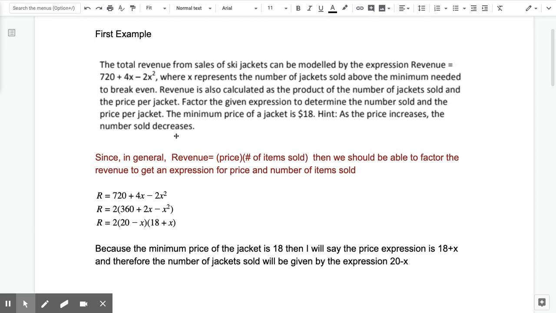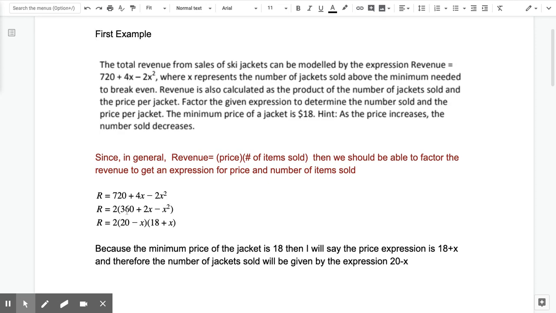If you're doing this question, the first thing you want to know is that revenue is just like your income. And so if you're trying to figure out an expression for revenue, it's always just price times the number of items that are sold. And that will tell you how much income you make on a sale. And so if we have an expression for the revenue that's 720 plus 4x minus 2x squared, if we're able to factor that out, then we could get an expression for the revenue that looks like price times the number sold. And so if I pull out a common factor of 2 out of the whole expression, I get to here,